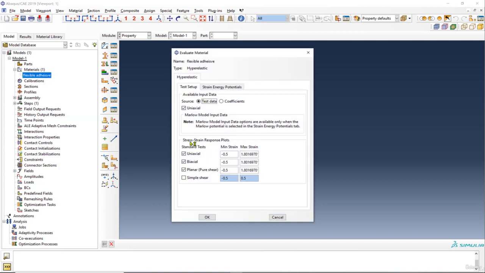First of all, I have to select the test that I imported the data for. This is going to be uniaxial, so I'm going to deactivate this one and this one. For the minimum strain, I'll say 0, I don't want it to be negative, and the maximum strain I will automatically select from the input data. So we're done with this one. I said the source is the test data and is uniaxial because I don't have the other one,